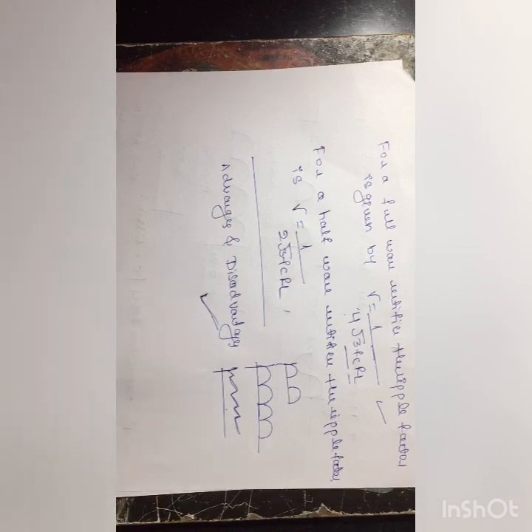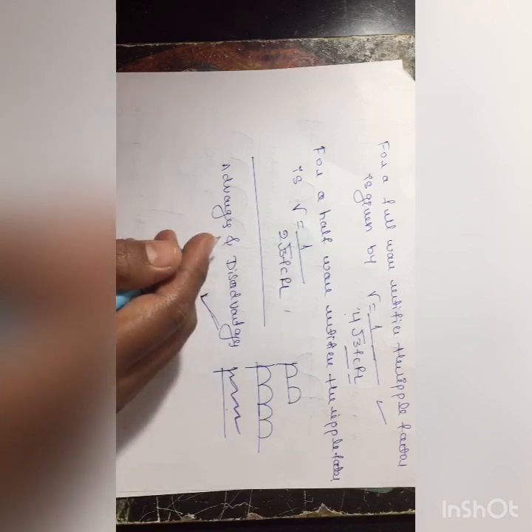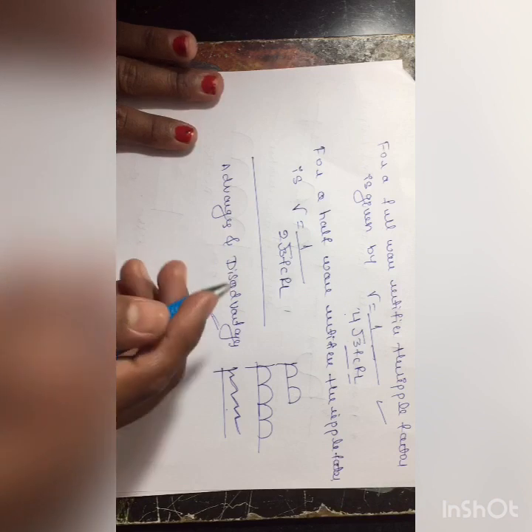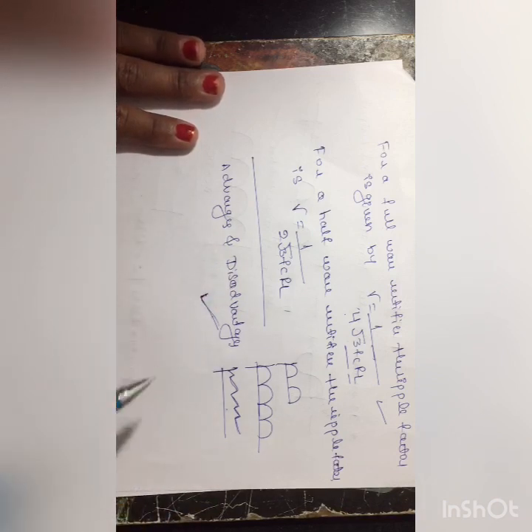In today's class we discuss the filter. There are three types: the capacitor filter, the L and C filter, and finally the pi-section filter. Actually there are 4 types of filters, but your syllabus gives only 3 types, so concentrate on only those. Today we discussed the capacitor filter. In the next class we will discuss the L and C filter.